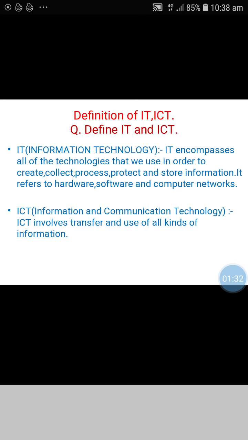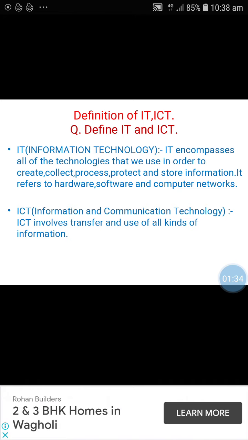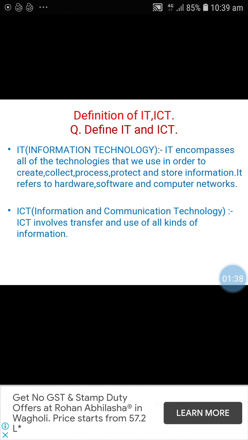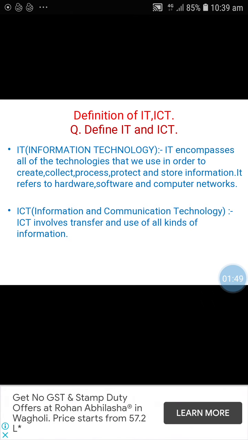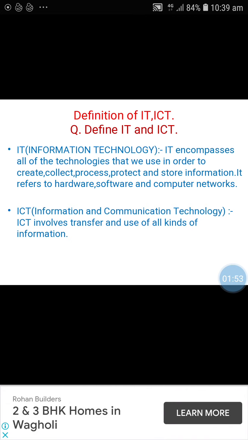The basic definition of IT is that it contains hardware. Hardware means screen, monitor, keyboard, mouse, CPU, like this. Software means MS Office, Windows, different operating systems.